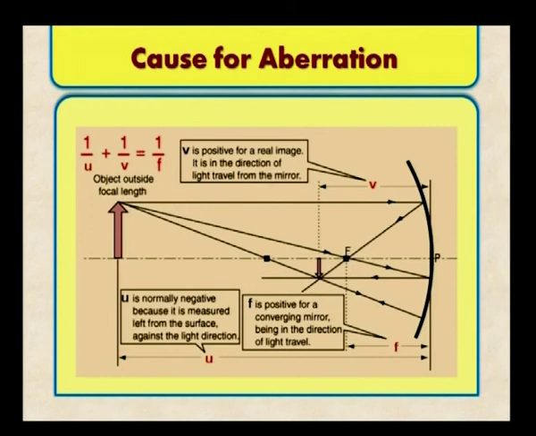So, the cause for the aberration, as I told you, is due to the fact that nature will not obey the man made rules. The man makes a rule like this, 1 by u plus 1 by v is equal to 1 by f, whereas, I told you, u is the distance between the object and the lens,